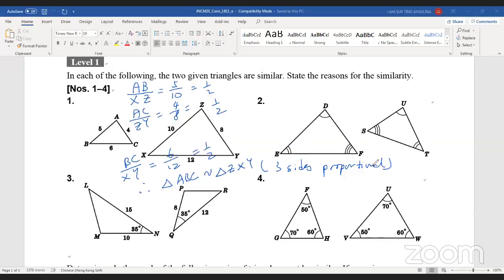Don't just write down three sides proportional. You also need to show these calculations. Therefore, I would suggest you to practice now. Otherwise you may need to do the revision again when you are in Form 4, because definitely at that time you need to do quite a lot of these problems. Then you will be required to write these steps at that time. You must write these steps at that time. That's why I would suggest you to